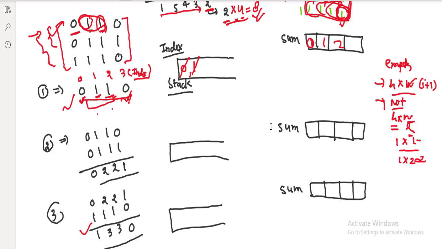Before that, in the previous step we have to add 1 also here. Okay, now if 0 comes, see if some elements are larger than this, yes, remove it. 0, remove it. Now the stack becomes empty. Now come back here. Stack empty, yes. Height into I plus 1. What is the height? 0. And I plus 1 is 4. 0 into 4 will become 0. Now it comes to 0.